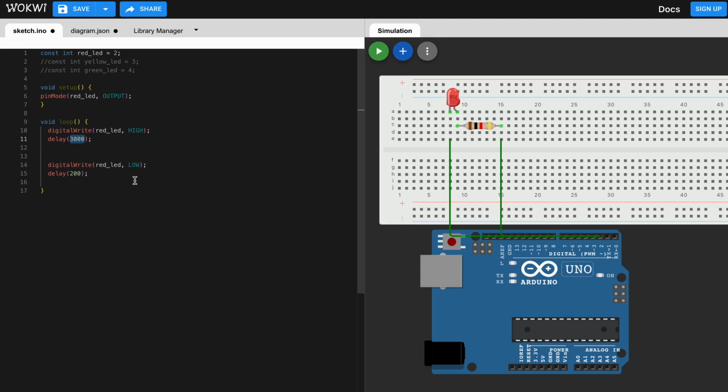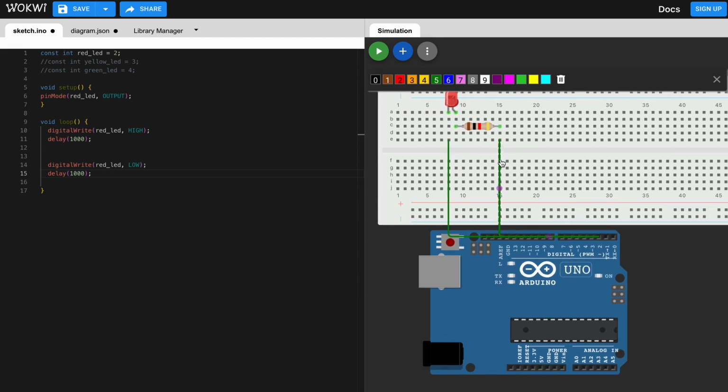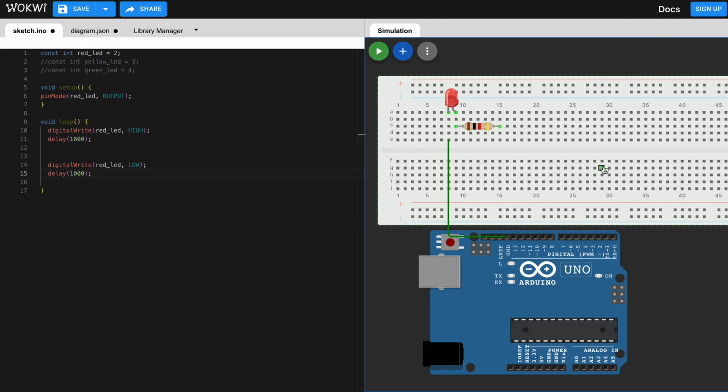So let me put this to 1000 again when we run the circuit. See, it's working. But if you delete this, click something else and connect to 2, and run this,